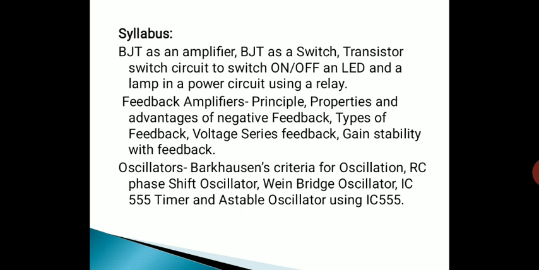First we'll be starting with the discussion on how a bipolar junction transistor can be used as an amplifier. That is, we are going to discuss two important applications of BJT here. The first one is BJT as an amplifier and the second one is BJT as a switch. And then we'll be demonstrating the working of the BJT switch by connecting an LED or a lamp, and we'll see how it can be turned on and off using the bipolar junction transistor. So these two important concepts under BJT applications we'll be discussing. That is the first part of this module 4.